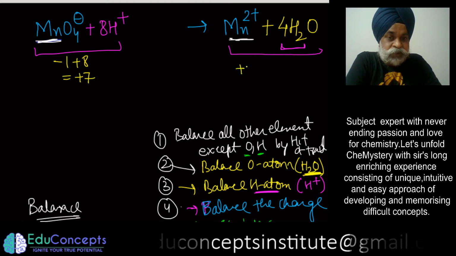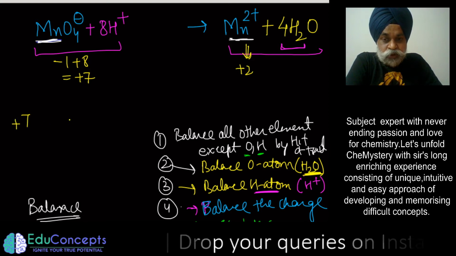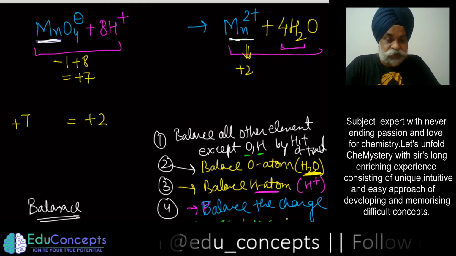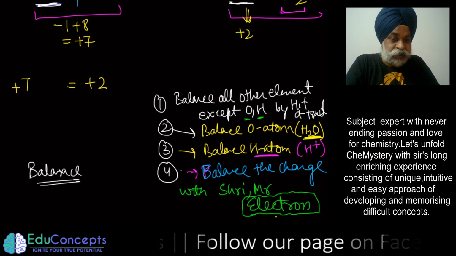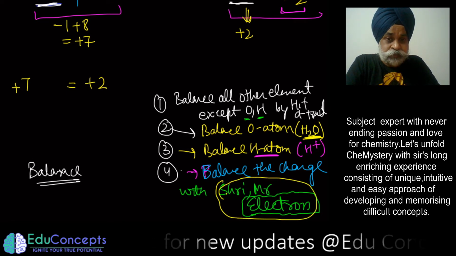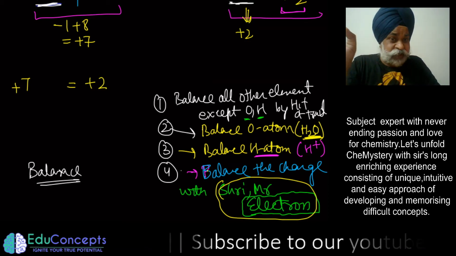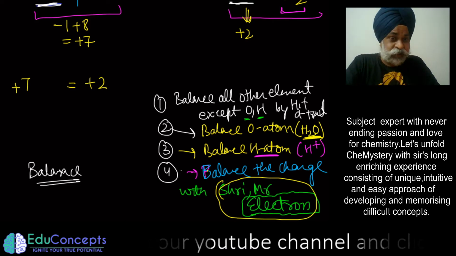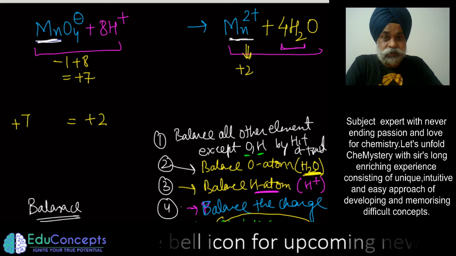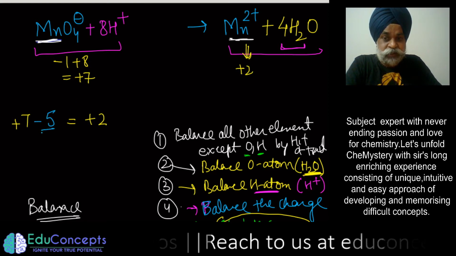On this side you have plus 2 charge of manganese. So now what you want is to make plus 2 equal to plus 7, or plus 7 equal to plus 2, with the help of electron. Now last part is quite important because सारा घूम फिर के electron पे आना है, so that is very important to understand. Now see here, till now I haven't defined n factor. Now I'm going to define it once I write the electrons here. So now let me write it here. If I put 5 negative here, it would become plus 2.